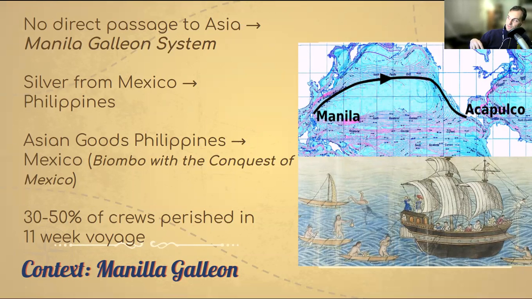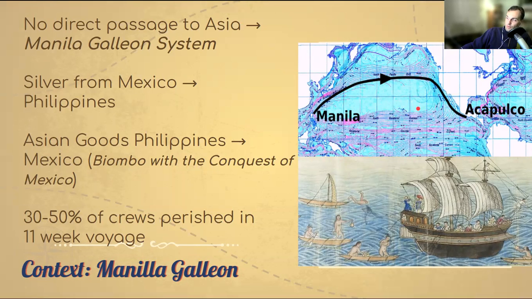And then in Manila, the Spanish galleons would pick up Asian goods, rare exotic things, silk, spices, porcelain, custom-made luxuries like the biombo with the conquest of Mexico. That's a special Japanese divider with a picture on it. And there's a custom one in the Mexican National Museum, I believe, that depicts the conquest of Mexico that somebody in Mexico commissioned to be made in Japan and then brought it back for the galleon trade. Now, it sounds really cool, except bear in mind that